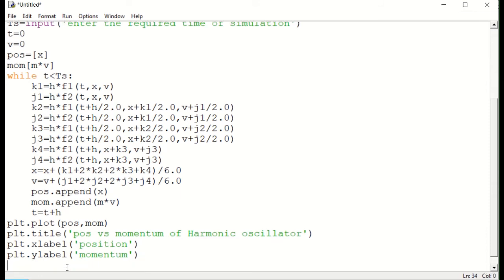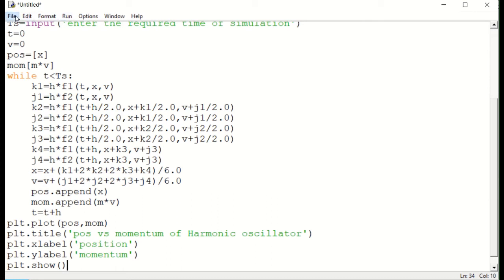Okay, so that's over. Then plt dot show. This way we have translated all the steps in our algorithm.